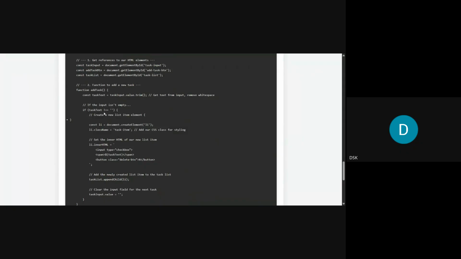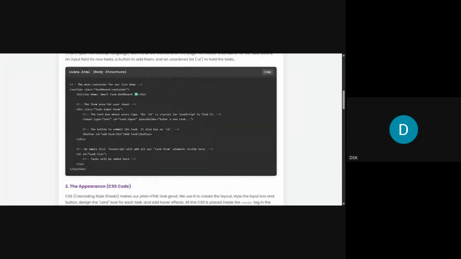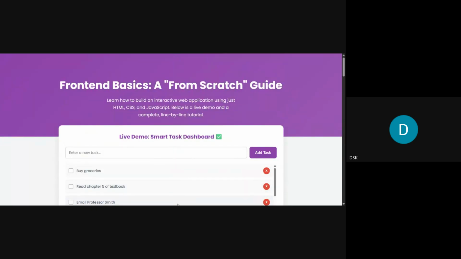And as you can see, it checks if the task is equal to a blank value, because it checks that you have actually typed something. And you can see the constant list is there. This is the most important step: it creates a new empty list element in the browser's memory. That's what it does. Now first we will go through the HTML part, and before that I'll display